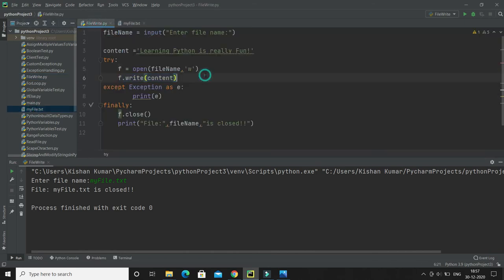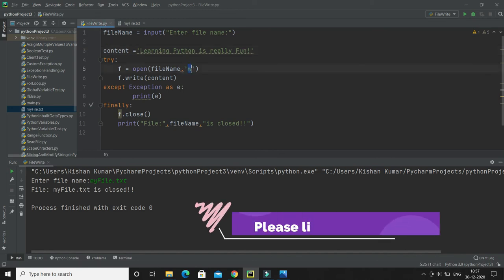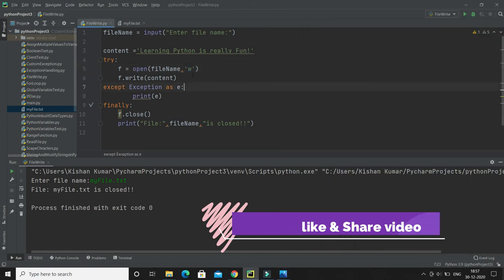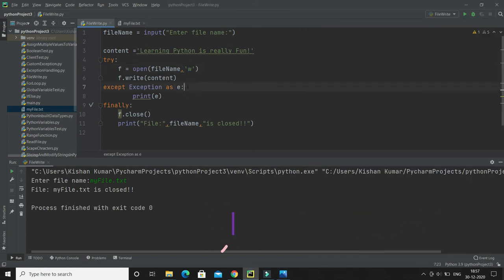Now if I would like to update the same file with some other content, then it is going to override this file, and that's what the file mode w does. W will always override the existing file. If the file already exists and something is there in it, then the content will be overridden. That I don't want. I want the content to be appended.